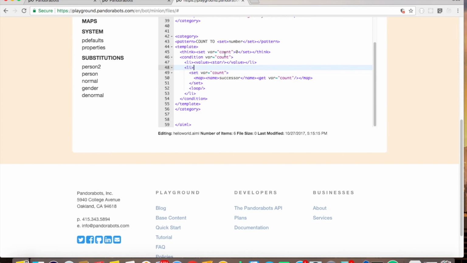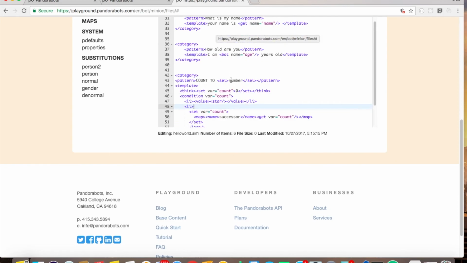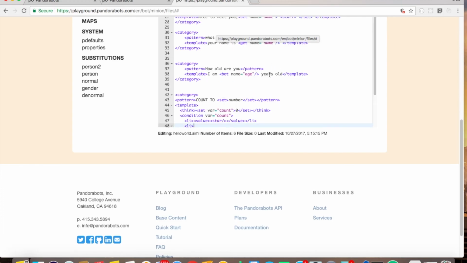After that, we come inside and set a variable where this count will have a value of 0. Now what you see here, var, is called a local variable, because after this category you cannot call this variable again. Think about the example before where I called my age again after this set category.